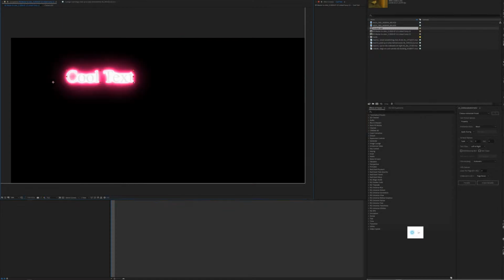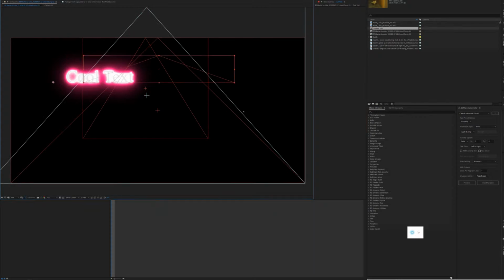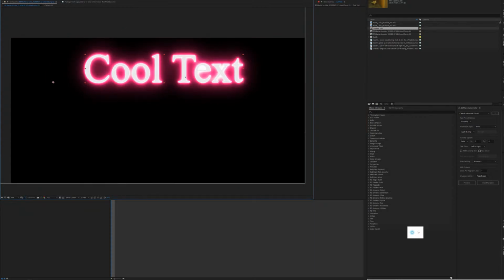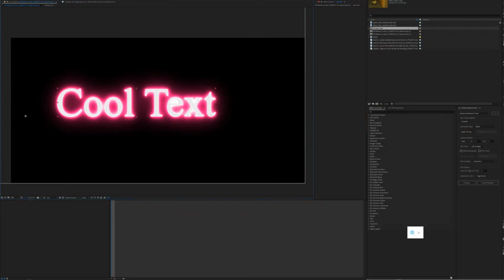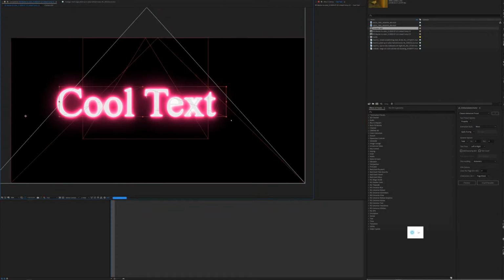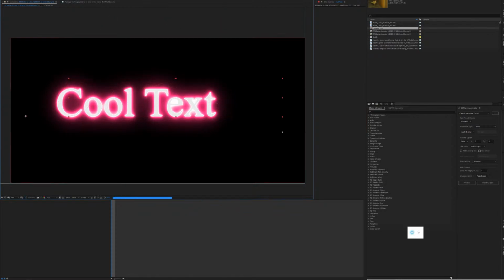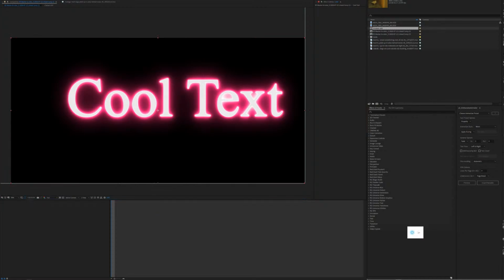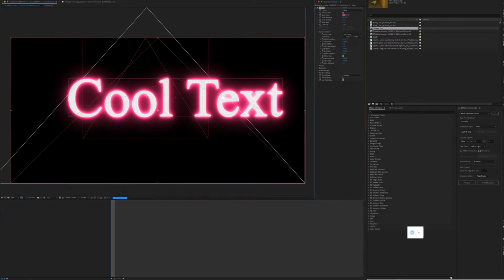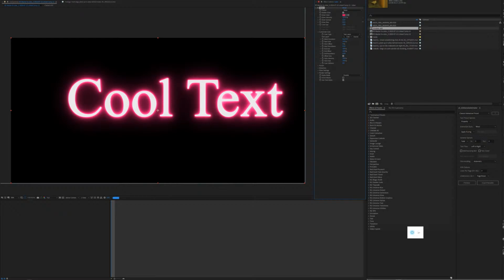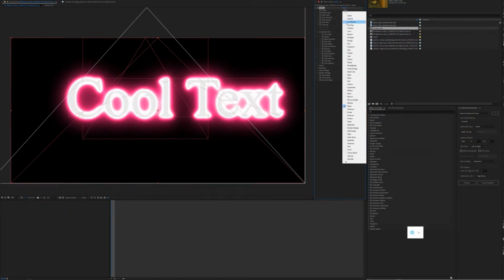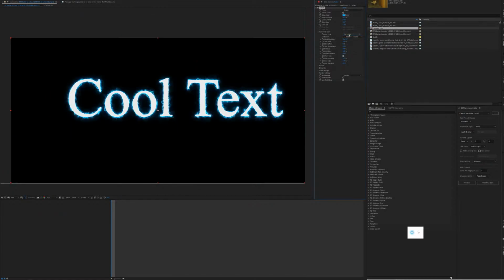You're going to want to make sure that you play around to figure out how you want your words to look and everything. But basically, the bigger it is, the easier it is to work with when you're doing this, because some of the glow options and everything can get quite unruly. But if we look at our Saber plugin here, you can set the color, you can change the glow intensity, you can bring it up more. I mean, there's different options. You can have it where your text has really cool looking